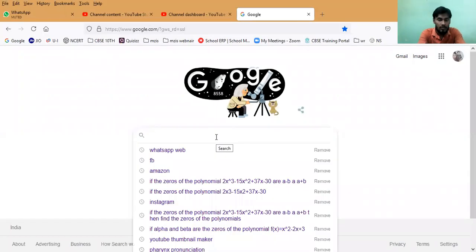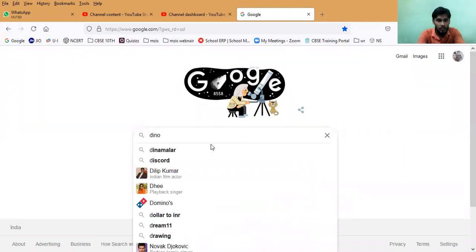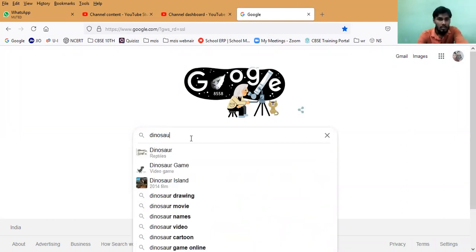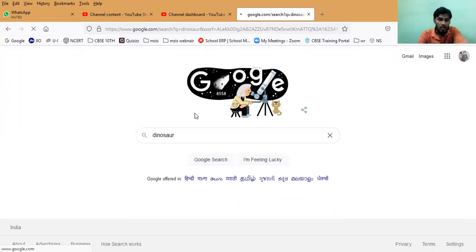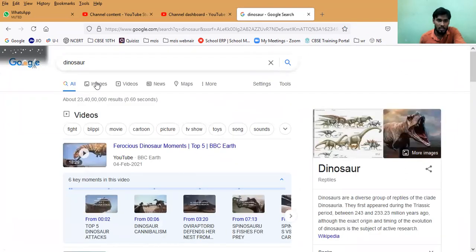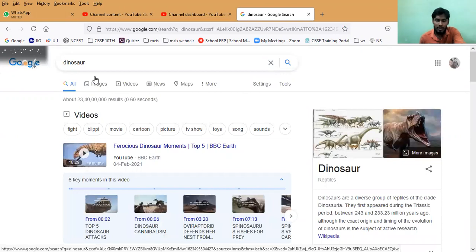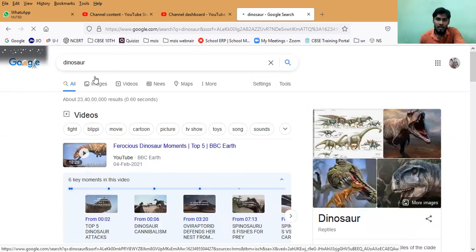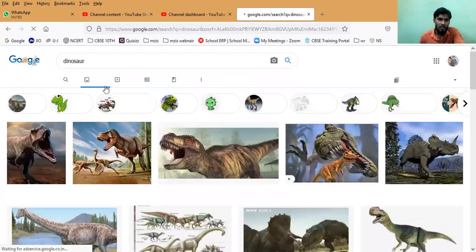So now what is the first animal? Dinosaur. Yeah, everyone knows dinosaurs. Now you already know the dinosaurs are so many, correct? Yes, sir. But this is all artificial. Nobody knows how the dinosaur looked, but we should believe it because we have specimens of them. So that is why we are imagining dinosaurs like this.